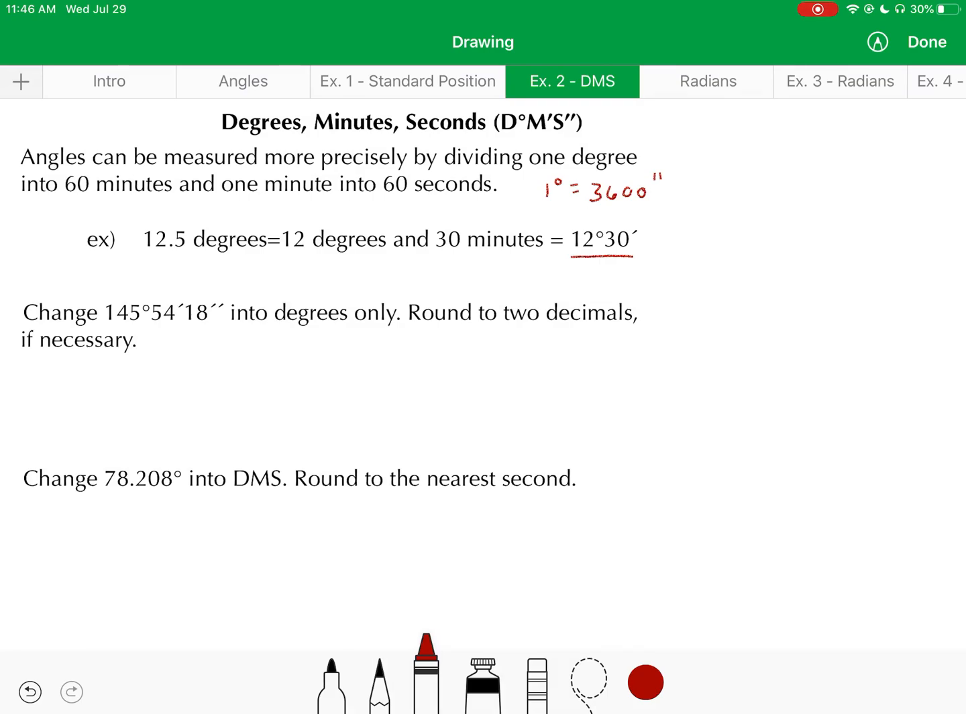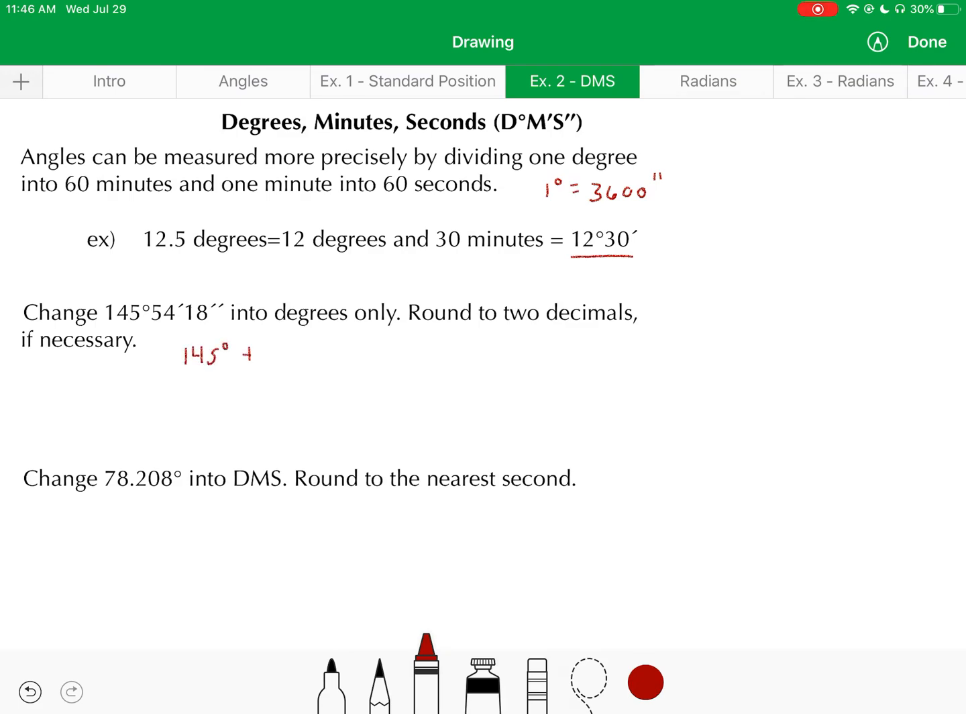So let's change 145 degrees, 54 minutes, and 18 seconds to where it's into degrees only. And if we can't give an exact value at the end, we want to round to 2 decimals, okay? I don't want to have a rounding error at the end of my problem here, okay? So what I'm going to do is I'm going to take the 145 degrees, I can leave that alone, but